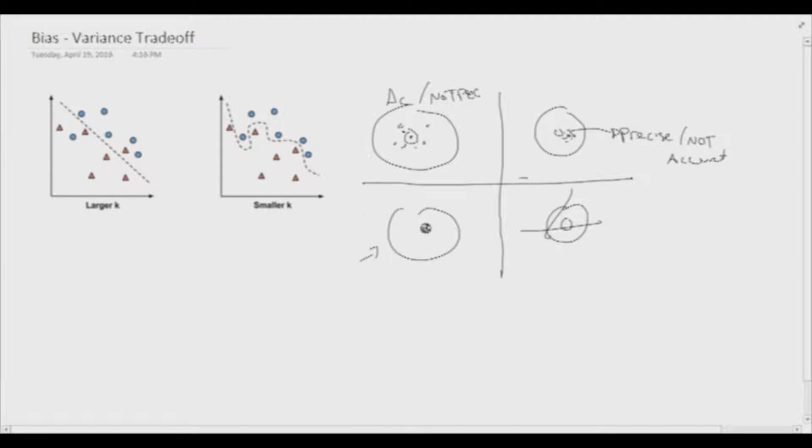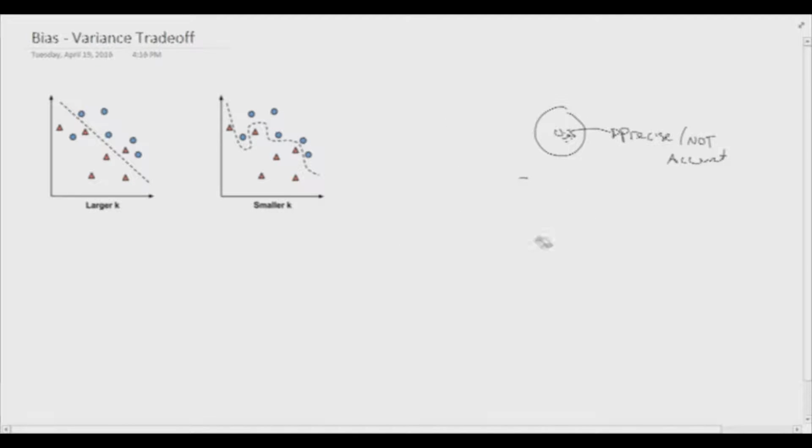So what k-value gives you accurate and precise measurements? Let's examine what k-values do. If you have a large k-value, you're going to get accurate results, but not necessarily precise ones. With a smaller k-value, you can actually fit around this noisy data, but if one of these things is misclassified, if this is actually a triangle, you have a model that might not work for the test set that you actually want. So a small k-value might not be feasible. Also, with a large k-value, you can be accurate, but so off the mark in terms of your precision,